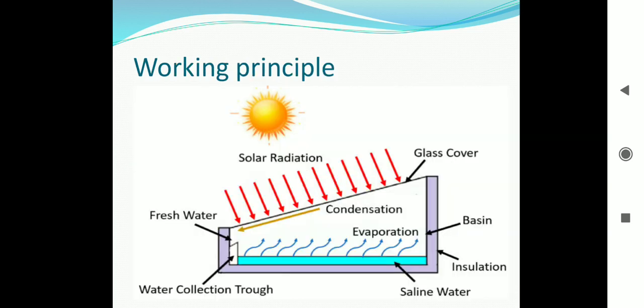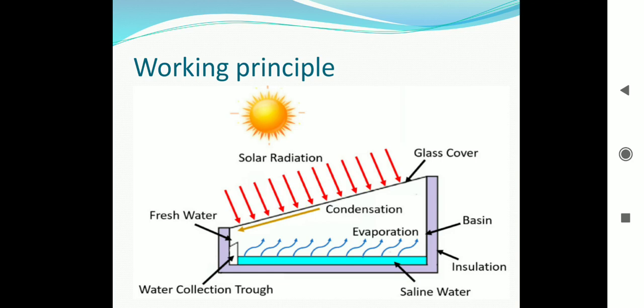Now we will discuss the principle of solar water distillation. So first of all, what are the basic components of a solar water distillation unit? It is made up of basically four components. First is the basin or closed container, which is used to hold the waste water. Second is the insulator. The insulator is usually used at the bottom of the basin, and it has the ability to absorb most thermal energy and reflect minimal visible light radiation.